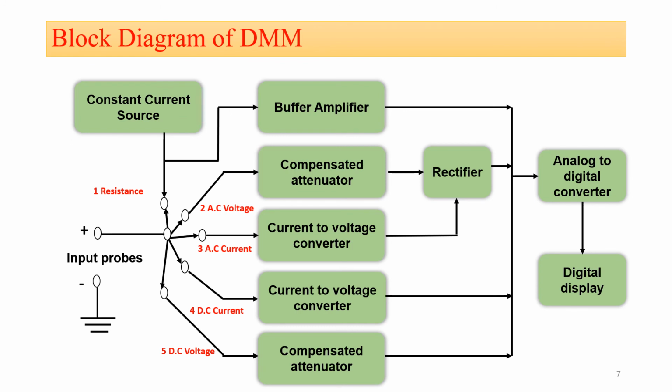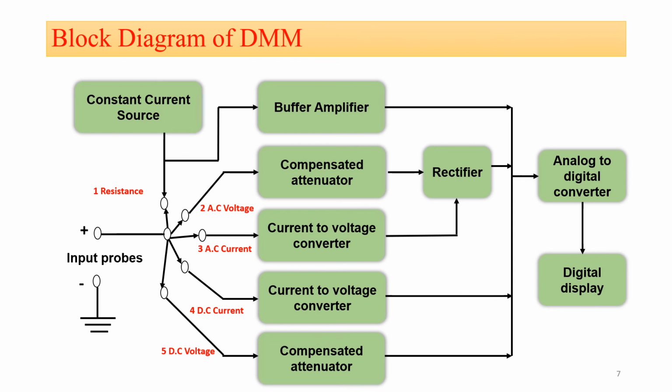First one is your resistance, means if suppose the position of our function selector switch is at rotary position 1, then we can calculate the resistance. But one more important thing is that our negative probe or our black probe should be connected to the negative, and our red probe of our digital multimeter should be connected with the function which we are going to calculate by using our digital multimeter.